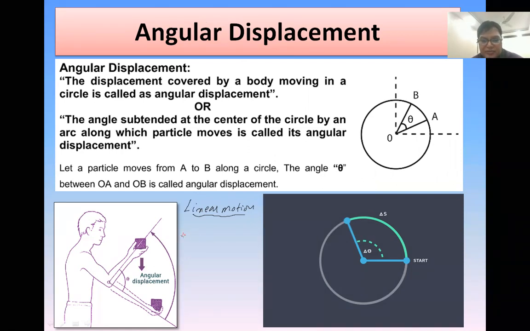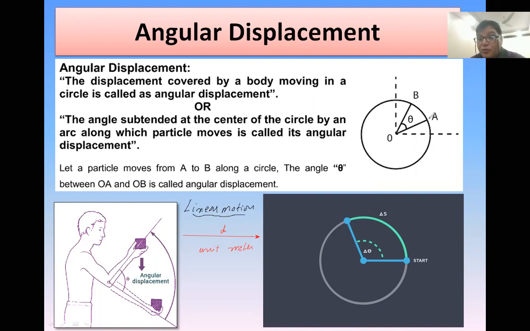Look at this one. If we move like this, then our motion is called motion along a straight line. This is linear motion, and we always represent this with d, and its unit is meter. Yes, meter is the unit for linear motion. When we say the motion of a body, it is always linear motion. If there is another motion, that's angular motion. For angular motion, we must move along a circular track.